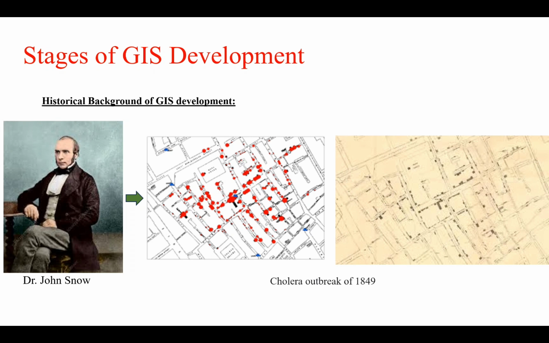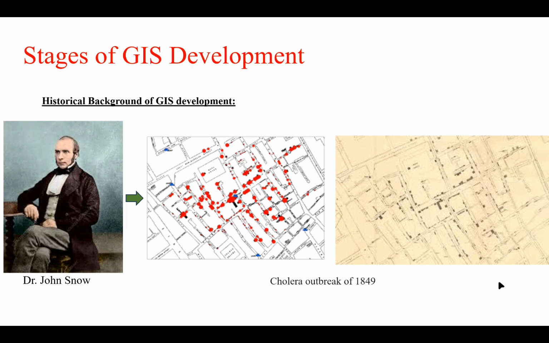So it was done by Dr. John Snow, and he is known as the father of epidemiology as well. He was living in London around 1849, and at that time there was a disease which nobody had seen before. All they knew were the symptoms of the disease. It had diarrhea, vomiting, fever, and all these people randomly were coming to the doctors with such symptoms. So these doctors had no clue as to what disease this is and how is it spreading, what is causing